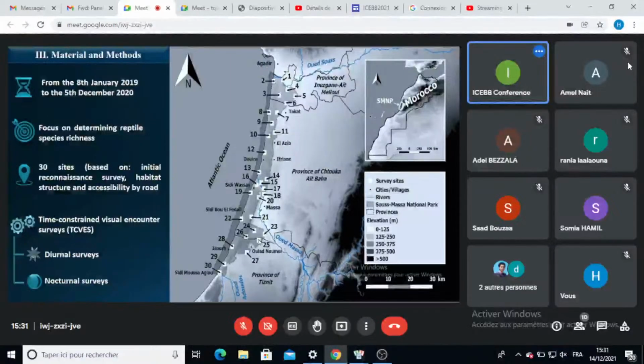It's now turned to squamates, which are represented in our area by 3 species of geckos, 4 species of snakes, 1 species of rural lizard, 3 species of true lizards, 1 species of macaque, and 1 species of cricket. We will now turn our attention to the snakes, which are represented by 6 species,